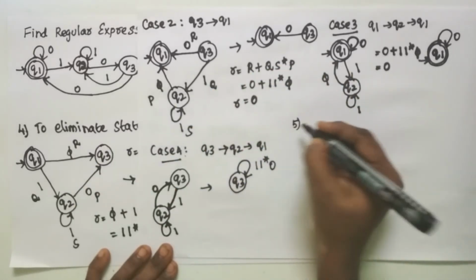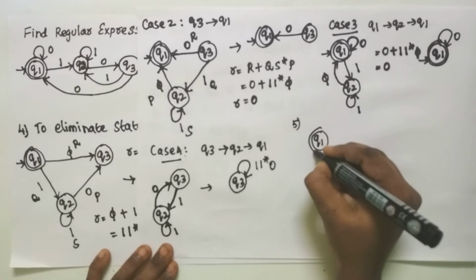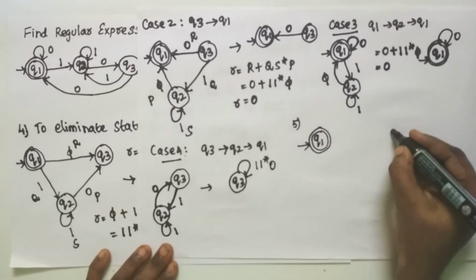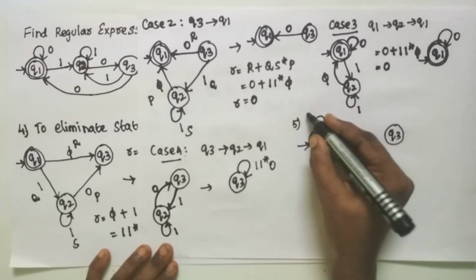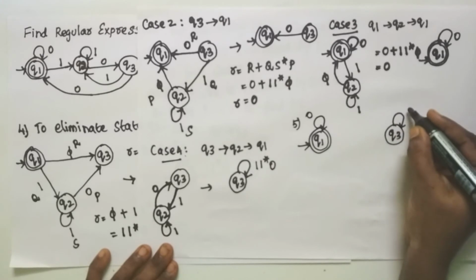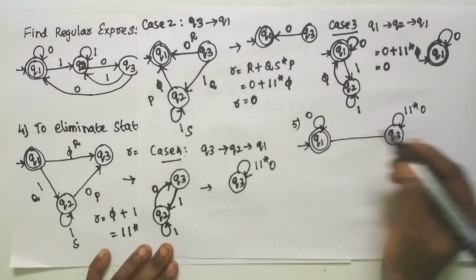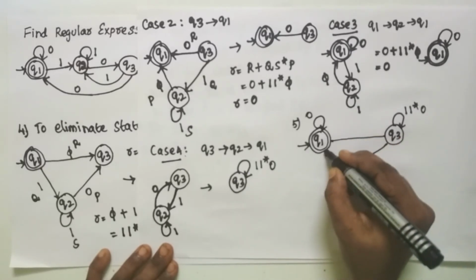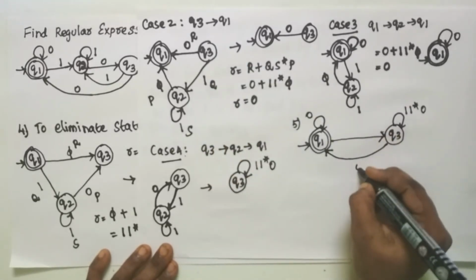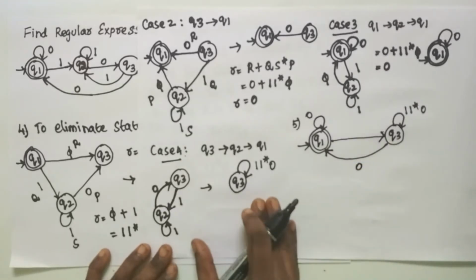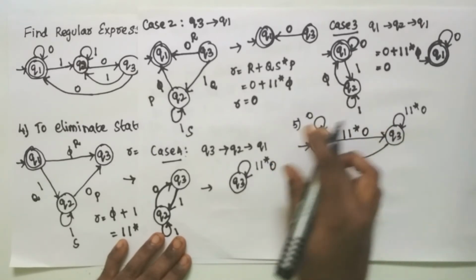Now the next step is you have eliminated the states. So after eliminating the state, now you have the state Q1, which is both the initial and final, and you have the state Q3. In the self loop of Q1 you apply the case number 3, and for the self loop of Q3 you apply the case number 4 value. From Q3 to Q1 it is case number 2 as 0, and from Q1 to Q3 you have already found as 1, 1 star, 0. This is the value.